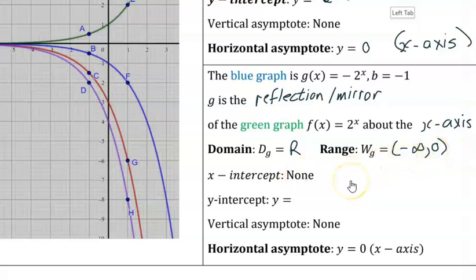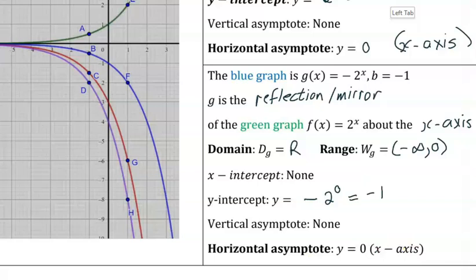We do not have an x-intercept. Our y is equal to -2 to the 0, that is equal to -1, and you will notice that is where it cuts the y-axis. And again we have no vertical asymptote, and the horizontal asymptote is the x-axis